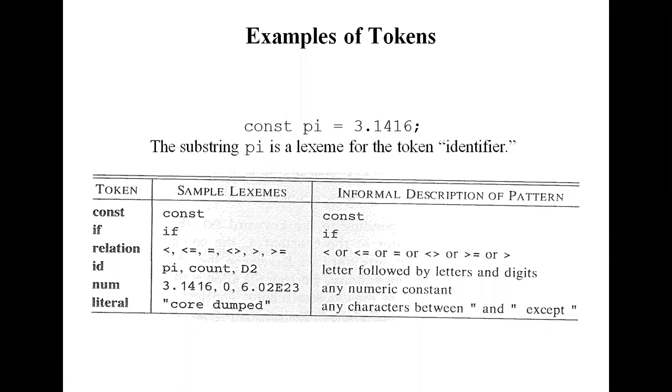Initial plus rate into 60. Now you are representing a table for this and put a heading: lexeme, then token, then pattern. In the lexemes, first write down position and what type of a token it is, identifier token, and how we're going to describe the identifier token. An entry of character position to identifier. You need to write like that.